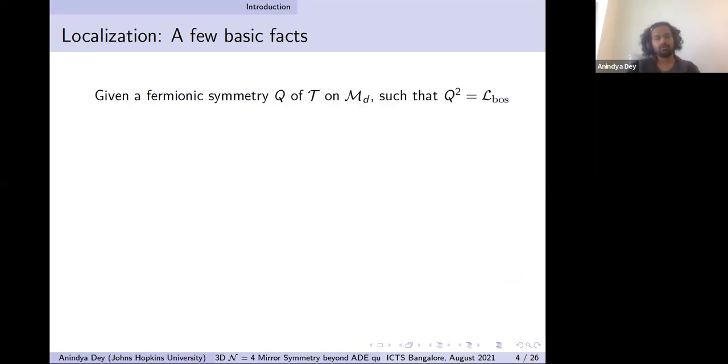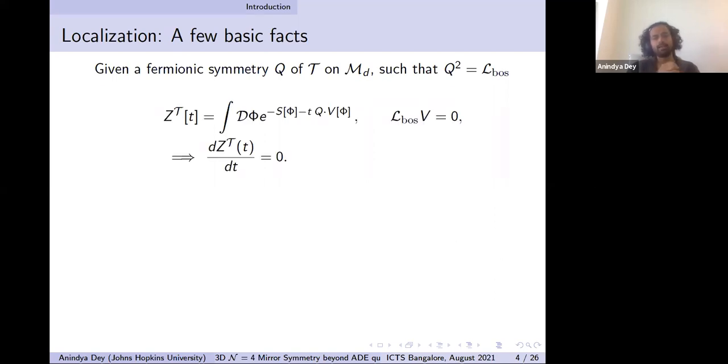So assume a theory T on some d-dimensional manifold M_D such that there is a fermionic symmetry Q of the theory that squares to some bosonic symmetry of the theory, L_boson. Now, in that case, if you can find a functional V that is invariant under this bosonic symmetry, then you